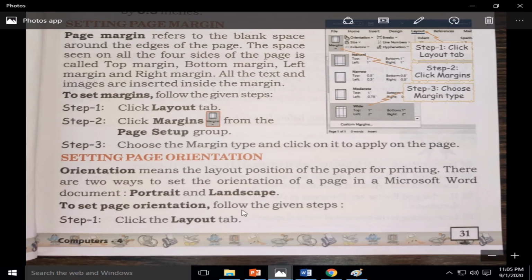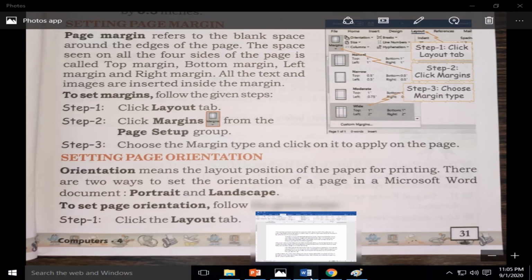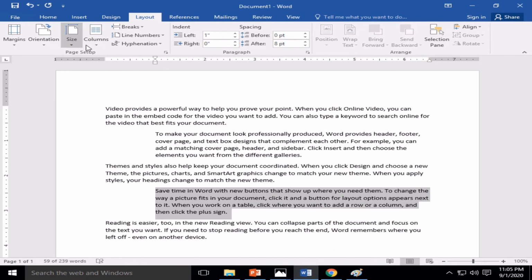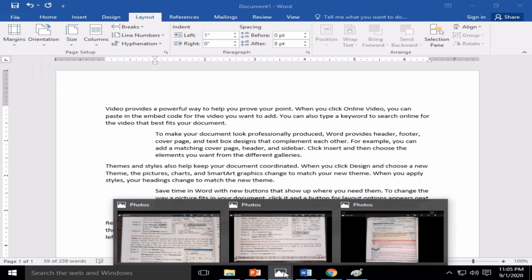Before reading the steps, let me tell you what orientation actually is. Sometimes you have observed that your page is in horizontal form and sometimes in vertical form. This horizontal and vertical is the orientation, the layout of your page, how you are putting your page, horizontally or vertically.